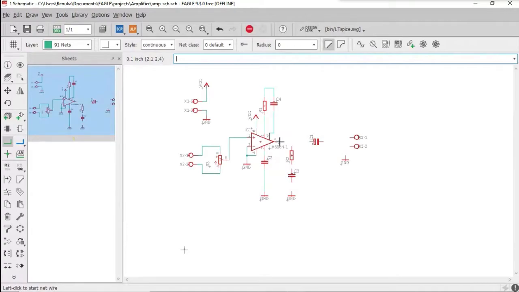Then pin 5 is the output pin, so it has to be connected to the polarized capacitor. The other end of the polarized capacitor is connected to one terminal of the output screw, and the other terminal of the output screw is connected to the ground.